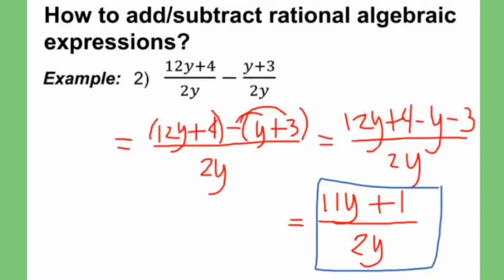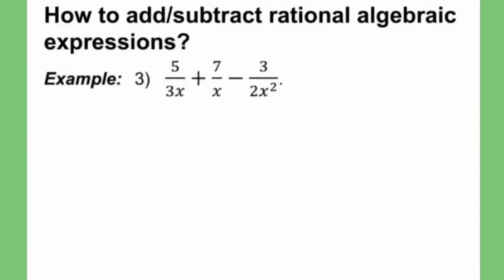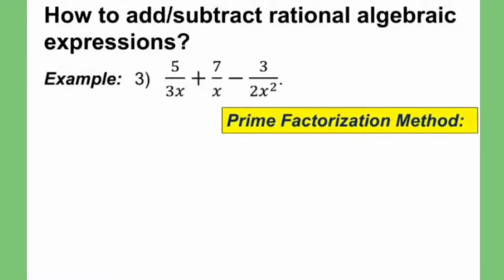Let's proceed with our third example. 5 all over 3x plus 7 over x minus 3 all over 2x squared. In this case, magkaiba na ang ating mga denominators. So, kailangan na nating hanapin ang LCD. Using the prime factorization method, we will list the denominators and we will find out the prime factorization for each